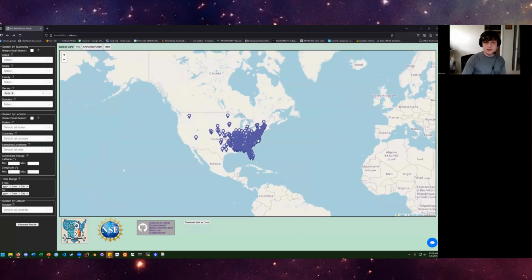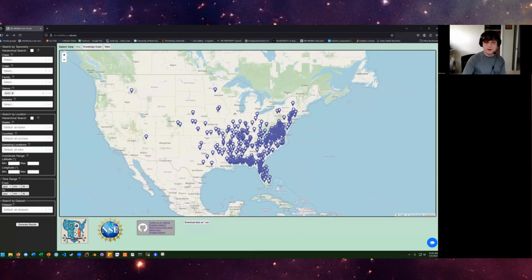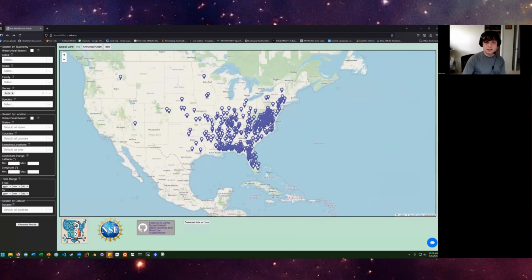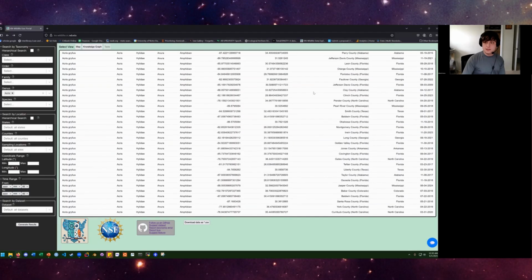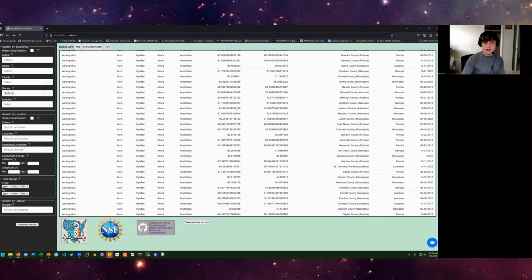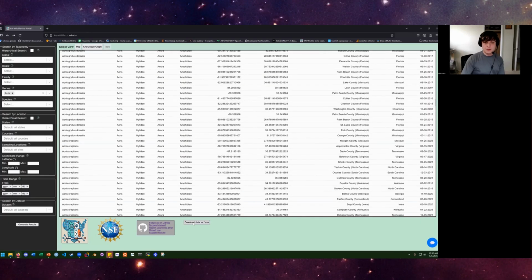And as you can see, you can zoom in on all the locations that the genus Acris has been detected. You can click and get summaries of the different locations. You can view the data in tabular format, and this is exactly what the data will look like when you download them. And so if you want to download, you just click this download data as CSV button, and voila,